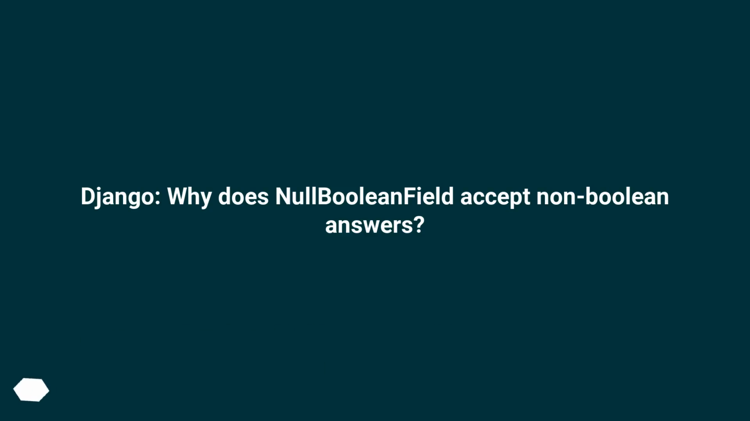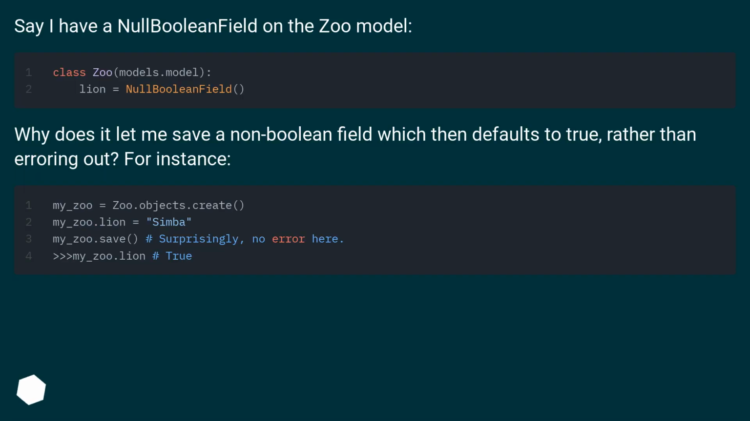Django, why does NullBooleanField accept non-boolean answers? Say I have a NullBooleanField on the Zoo model. Why does it let me save a non-boolean value, which then defaults to true, rather than erroring out? For instance,